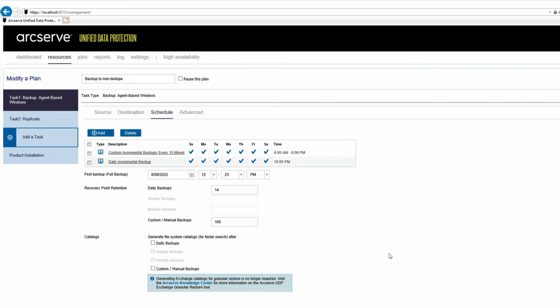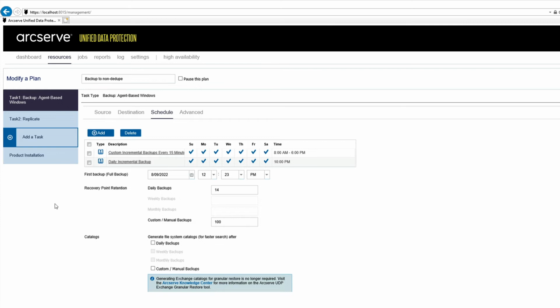We're not deduplicating amongst other servers, but obviously the bulk of that data is going to be stored in the cloud on very low cost storage. Another limitation is we are unable to replicate to a remotely managed RPS from a non-dedupe data store. If you're familiar with what that means, it does limit our off-site replication